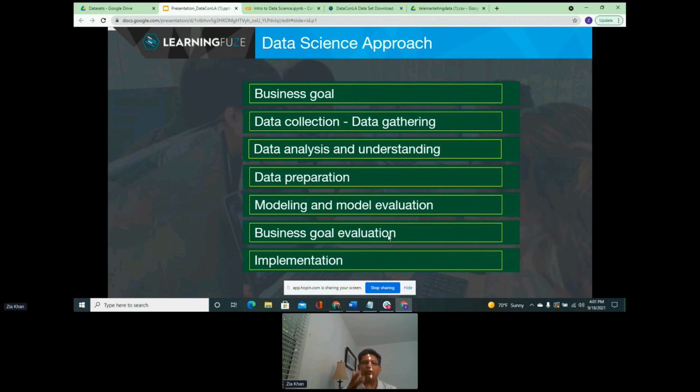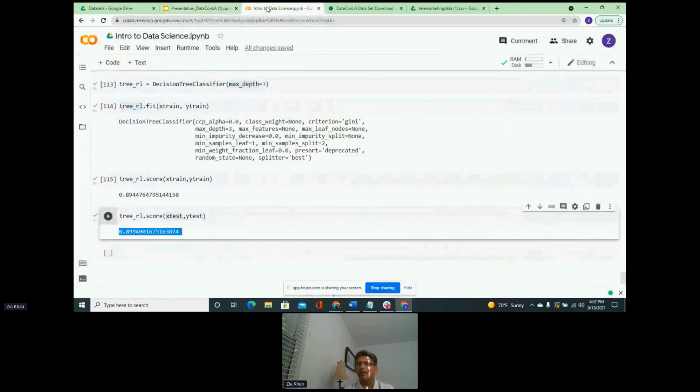So again, depending on which industry you work with, this business goal evaluation tells you when to stop, when it is okay to actually go there. And the business can, at a later point, maybe relax it a little bit and say, we are okay if you're 85%, or no, we need a little bit more because we have less bandwidth and we need a better model. So increase it from 89 or 90%. Let's go to 95%. Let's try to build something which is even better than that.